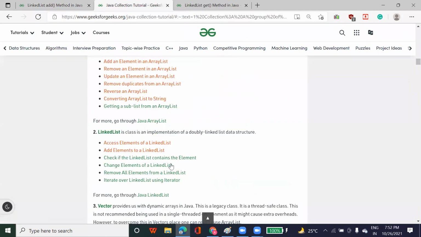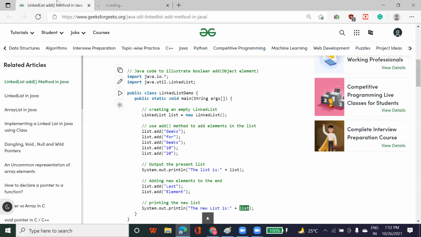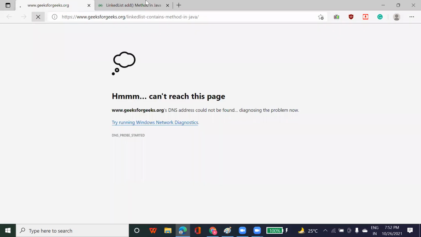What if you want to check whether the linked list has any element or is empty? In that case, what function are you going to use? Suppose you want to check whether the linked list is empty or has an element, what function do you use? Let's see that.